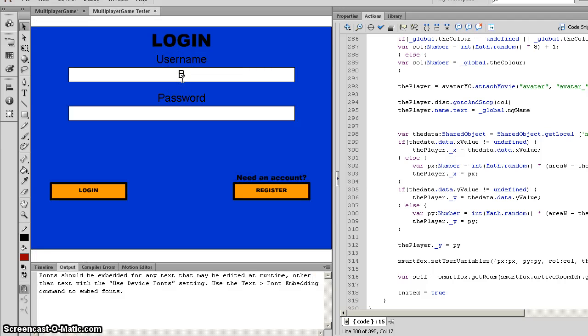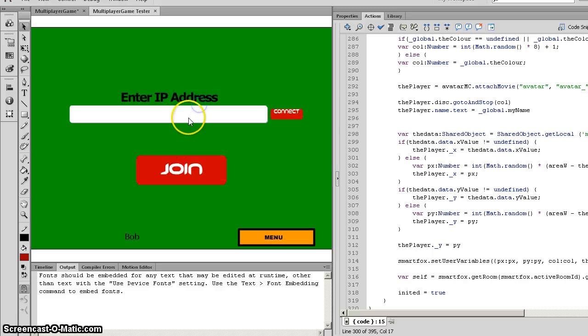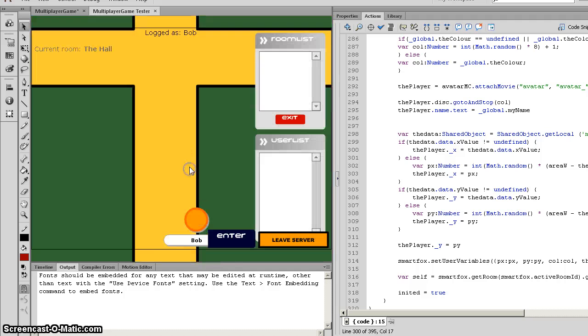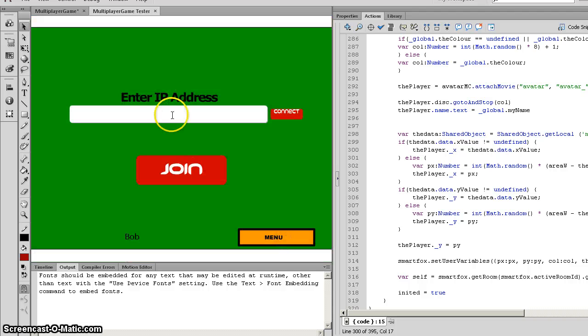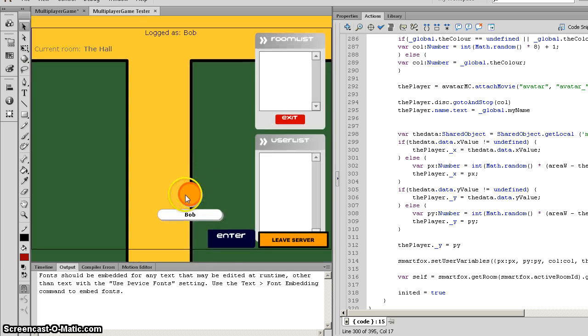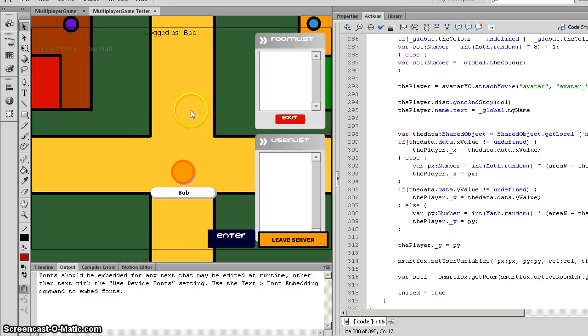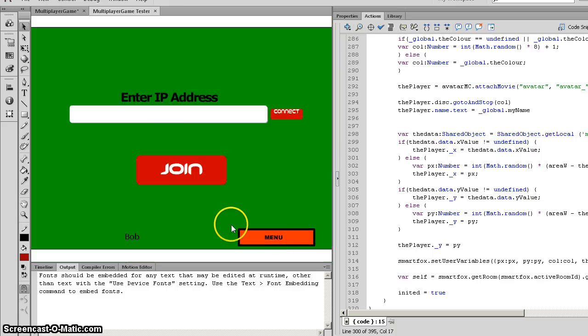So, Bob, password, Bob. You can also use localhost. And let us try. So this is Bob's value. If we leave the server and we try to join again, then it is the same because when we leave the server, it saved our value. So if we go up here in the middle of the road and we leave the server and we join again,